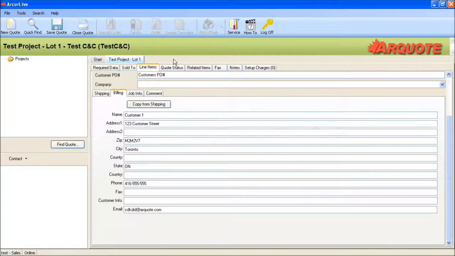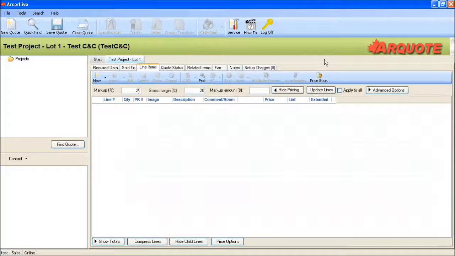Now if you click on line items, as you can see, our preferences here have moved. You can actually change them if you want. If you click on hide pricing, it won't show this information anymore. This is more just on the screen here. Sometimes dealers don't want to show their customer what they're making, so you would just hide this in case you would be doing this in front of them. So here you would click on new,